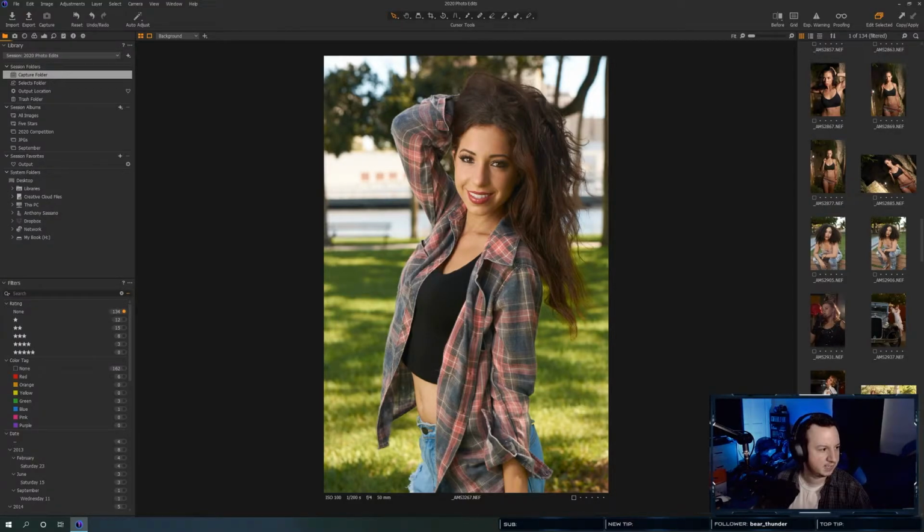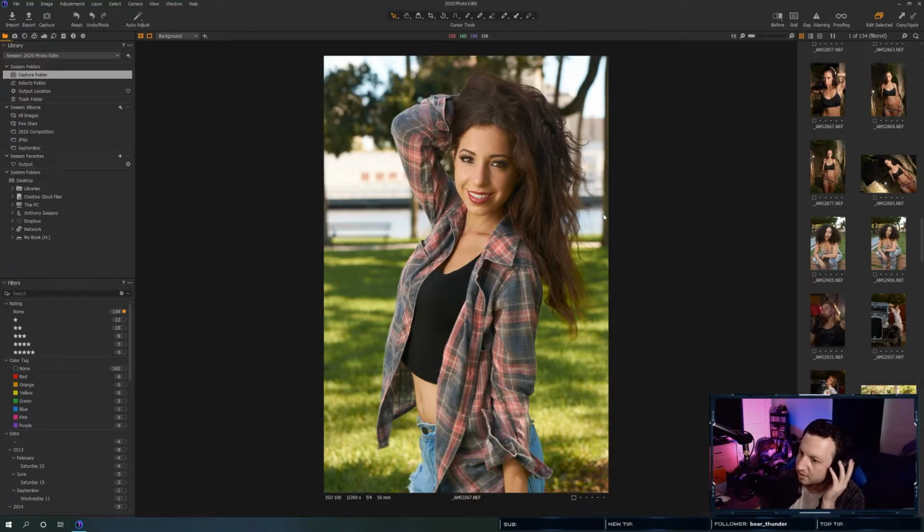I have found that with the retouching stuff, sometimes, at least for me, it takes precedence over the actual color. No, strike that. I don't spend as much time in the color because the retouching has taken so long. So I really want to make sure I find photos with minimal retouching so we can spend more time in color. So that's the game plan today.